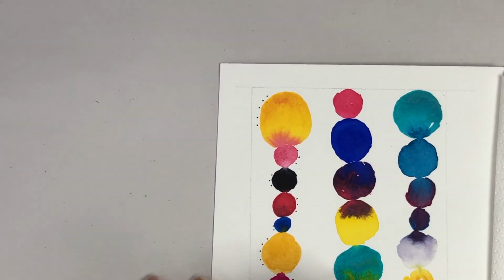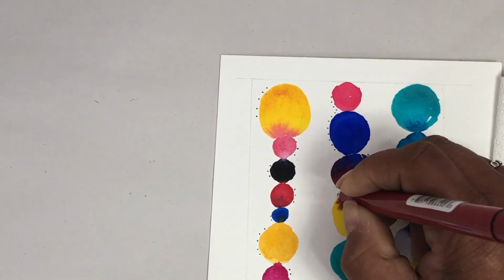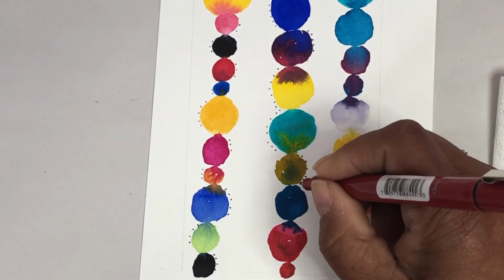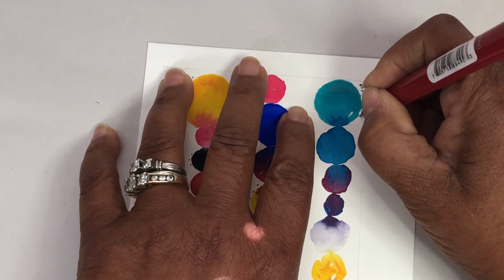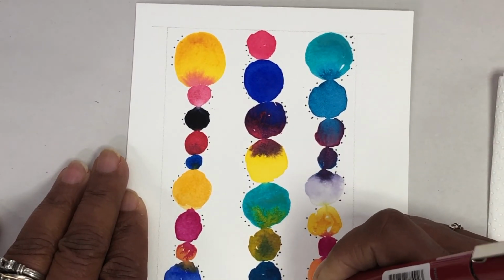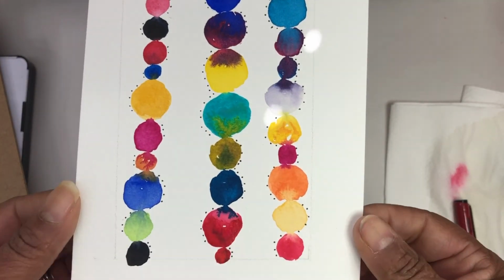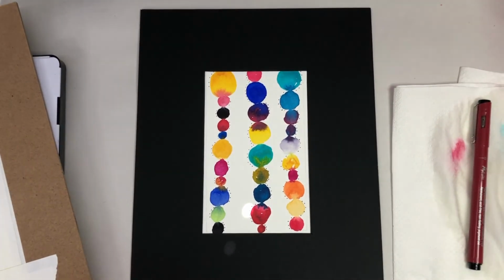Of course, you can bring in colored pencil to deepen the shapes that you've created, but I'm just adding dots around each one of the circle shapes, and literally you can be as free as you want to do whatever it is that you want with your pen, to just add some finishing touches and finish this guy off. So here is the finished piece with a mat,